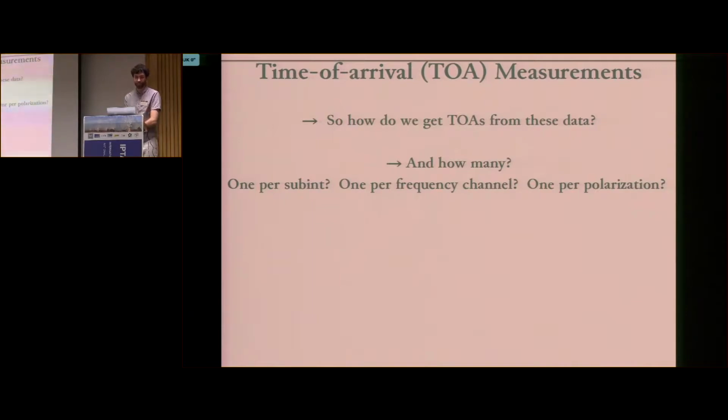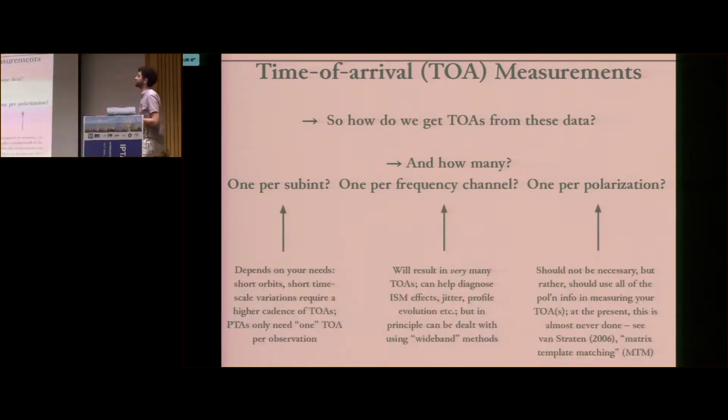Okay, so how do we get those TOAs? How do we measure them? And in fact, how many should we measure? We have all these profiles in this data cube. Should we measure one per subint, one per frequency channel, one per polarization? And the quick answer to those questions is, well, it's going to depend on your needs, right? If you have a short binary